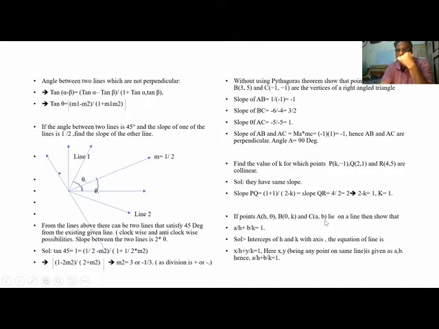Suppose these 3 points are in a line, then show that a/h + b/k = 1. You see, a and b are intercepts of the X and Y axis. When Y is 0, X is h. When X is 0, Y is k. So x/h + y/k = 1 is the equation of this line. So (a, b) is also on this line. So when I put a and b in place of x and y, I get a/h + b/k = 1. So that way we can prove it, or we can prove it from the slope point of view.